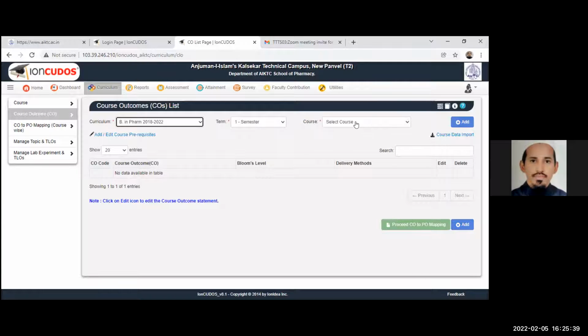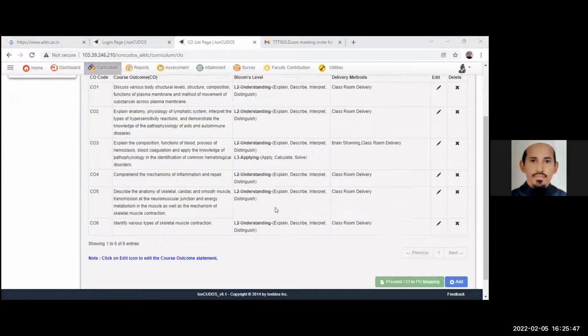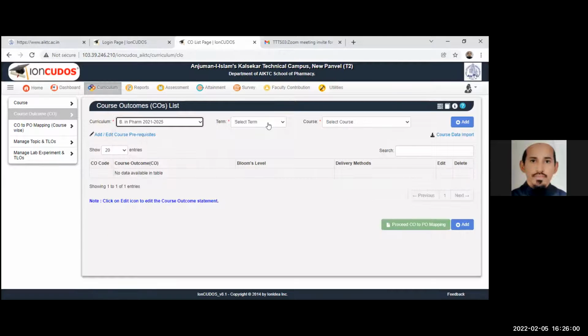Now see, I have to select the subject. These are the course outcomes. So what you have to do, you have to start with this course outcome. Course is already allocated to you. You have to start with course outcome, then select the batch. Like now we have the 21-25 batch. As I am not teaching in that, I am not getting any subject for that, but 2024 batch first SEM, unfortunately, I have not taught it. Anyway, you just have to go through this and select the course.